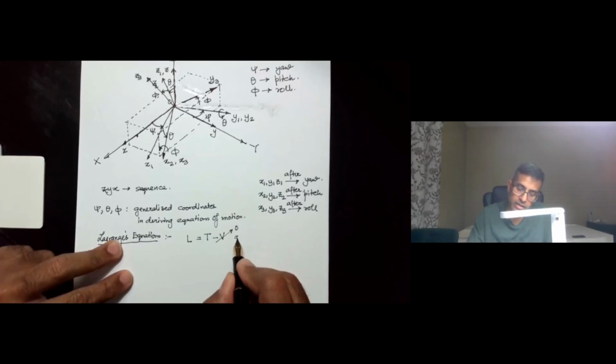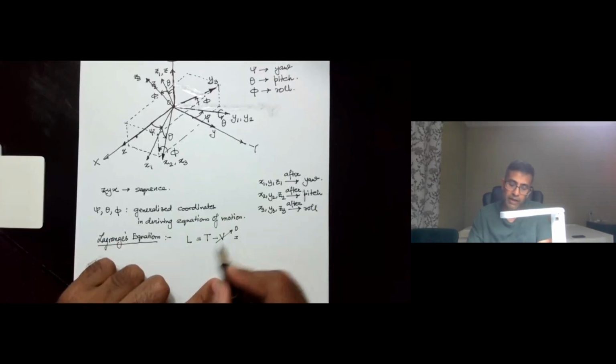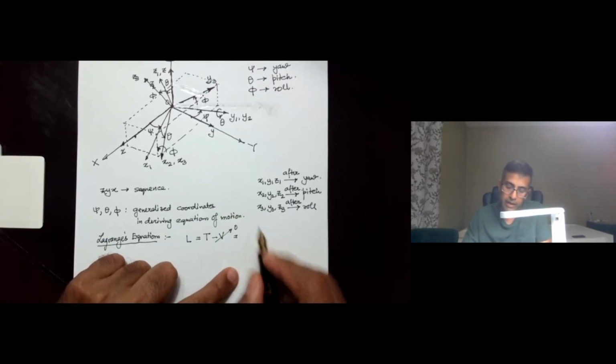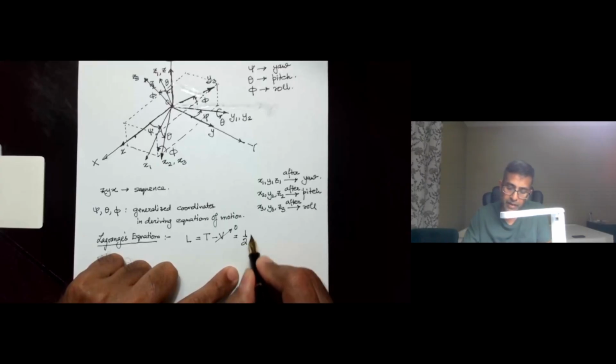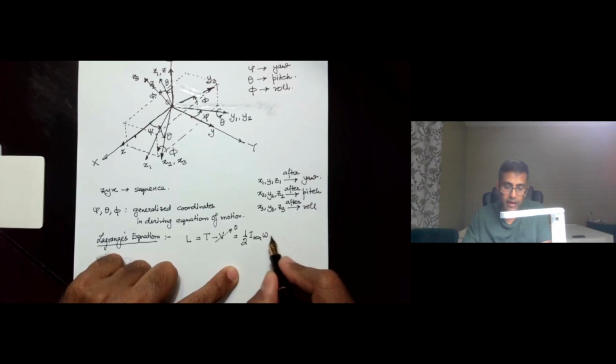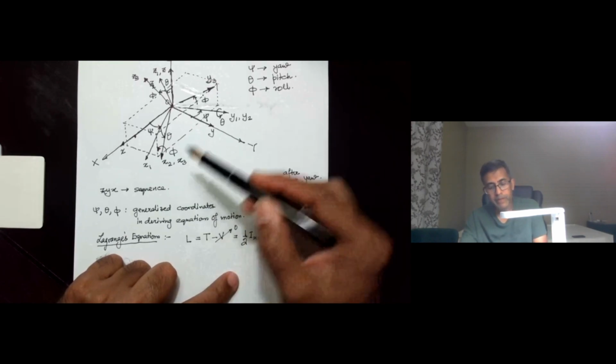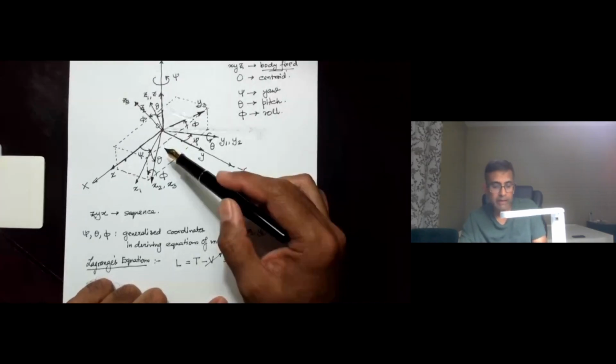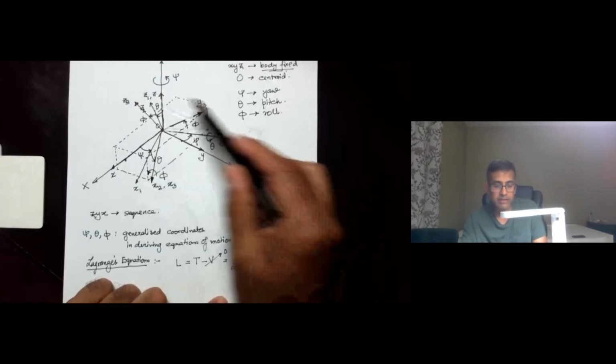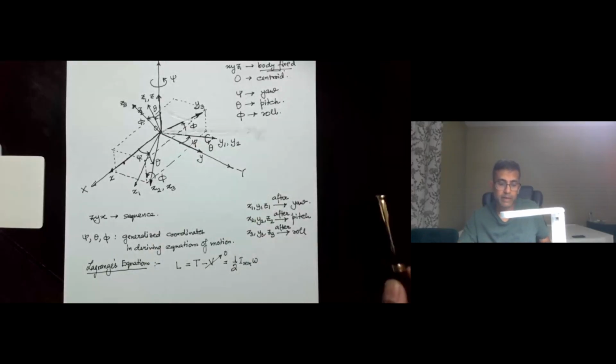So in this case, the expression of the Lagrangian or the kinetic energy is going to become half Ixx omega, and we'll recall that in this particular situation,